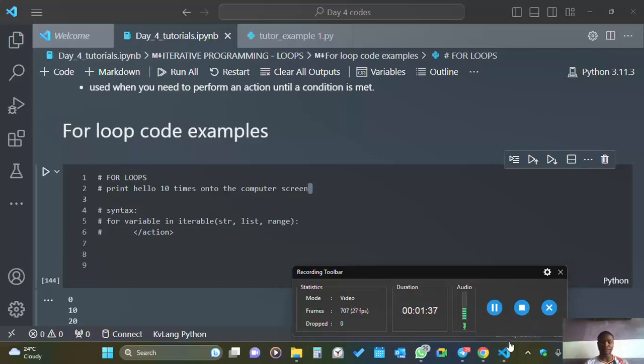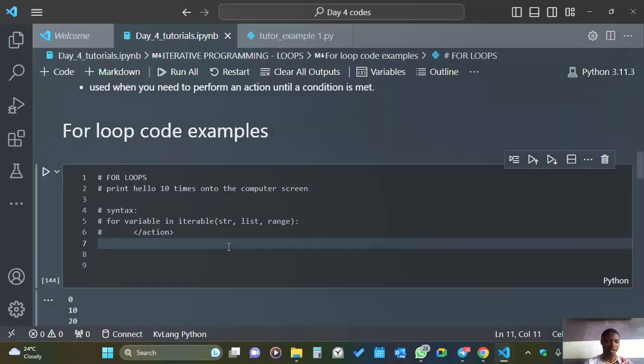Okay, so continue from where we ended. So where I stopped. So the syntax is simple. So we want to print hello onto the screen 10 times. So the syntax for the for loop is, one, you start with the word for. Then two, you put in a variable, an iterative variable. That's the technical name. So a variable that is going to be used later on. Then three, you state the word in. So for, then you put in your own variable, then you state the word in, then you place an iterable